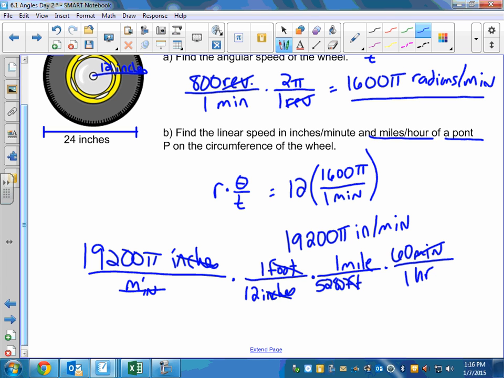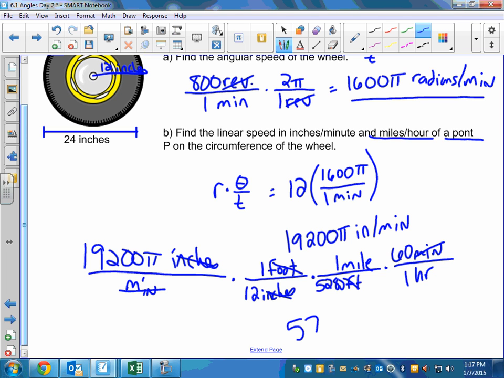And I always liked doing this. I feel like I did this more in chemistry than I did in math class. But I felt confident in my answer because if all my units cancel out, I could see that my new units are going to be in miles per hour, and that's what I want. And I'm actually going to multiply the pi out and get a decimal just so that we can get an idea of how fast that's traveling. So 19,200 times pi, and I'm going to multiply by 60 there at the end. And then I'm going to divide by 12, and I'm going to divide by 5,280. And I get